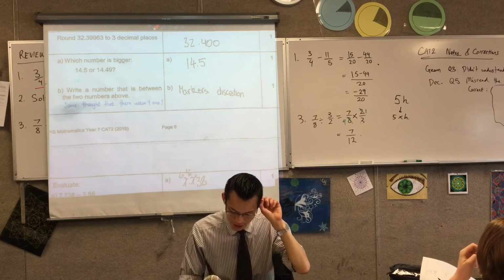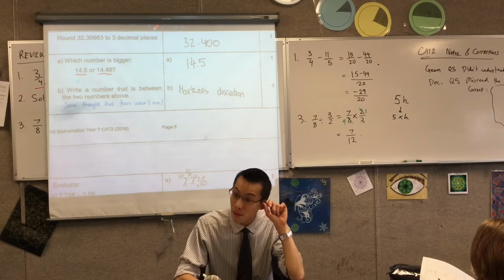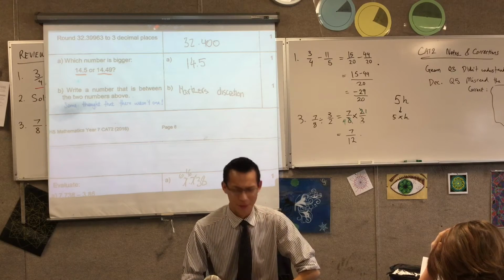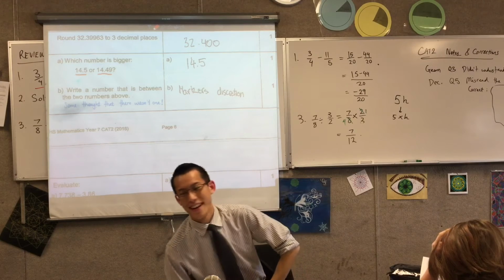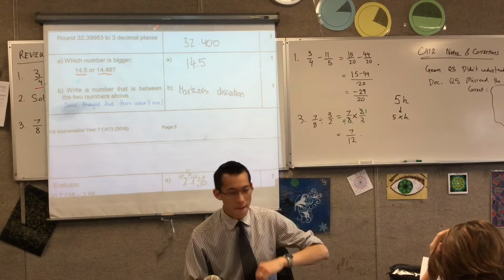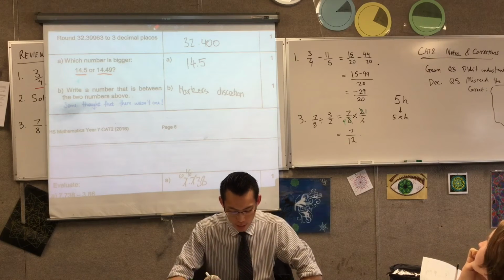Part B was interesting. Write a number that's between 14.5 and 14.49. Some people said, there's no number between 14.5 and 14.49. And there is. There's always a number between any pair of numbers you pick. You could have picked a whole bunch of different ones. Probably an easy way was just to say